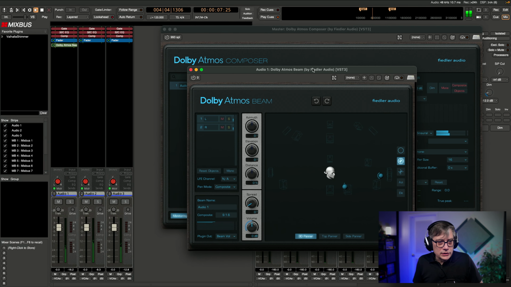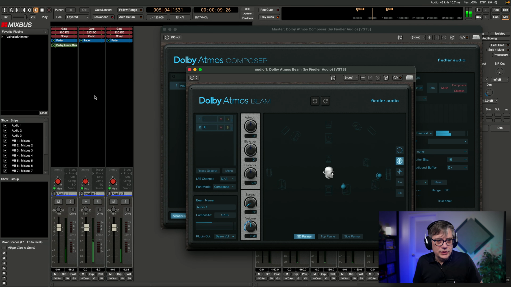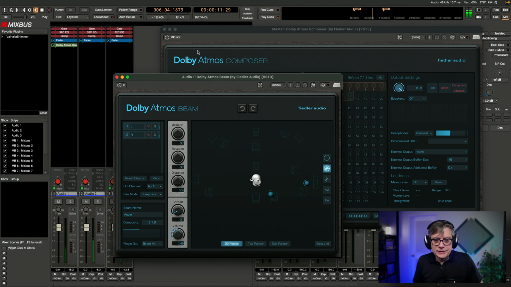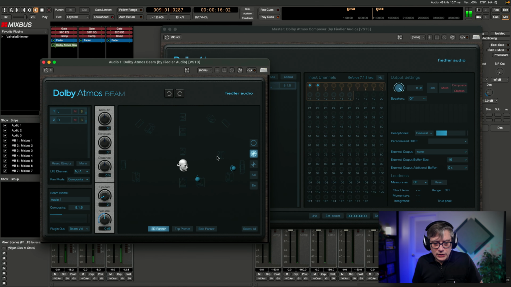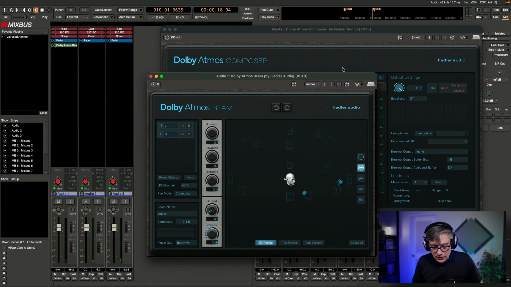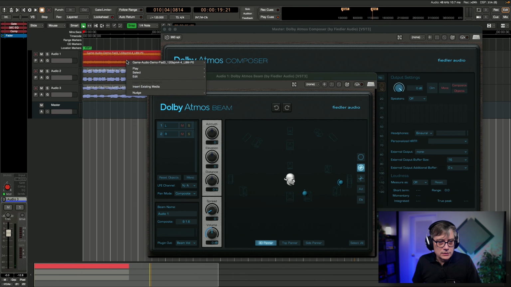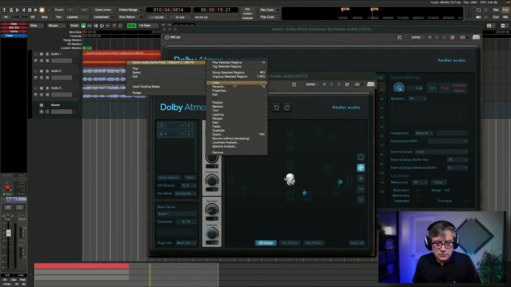And if I now play the audio, I should essentially hear everything through the Dolby Atmos Composer. And I'm currently only hearing the first track because the other tracks are muted. They are not really sent into the Dolby Atmos Composer, and I can now move the audio object. And I should probably loop the track. So let me go back, let's loop that here.